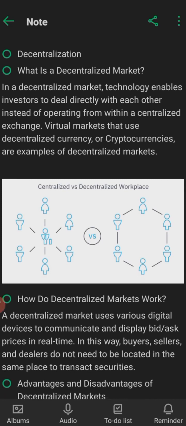Now, first of all, let us examine the diagram. In the diagram, the first aspect is the centralized market. We can see there is a source in the middle, with a little battery sign, meaning this is the power. Every other person must be connected to this centralized source before they operate. But in a decentralized market, you can see the middle is vacant, it's empty, meaning every individual can connect with each other without necessarily meeting at a point or having recourse to a central point.